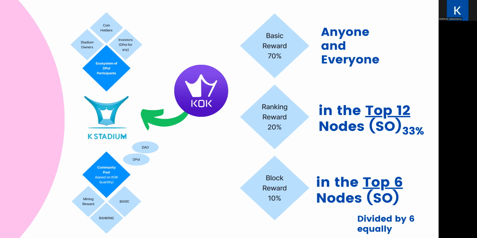When we take off all the tokens, for example, now it's more than 2 million KOK tokens in K Stadium, the idea is that removing the tokens will impact the value of the tokens, right? Yes, that's the idea. You're right. My question is, are the more than 2 million tokens that are now in K Stadium already out of circulation, or will they be taken out of circulation on a specific day?